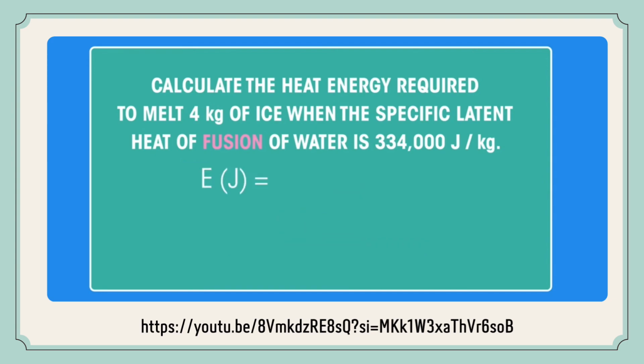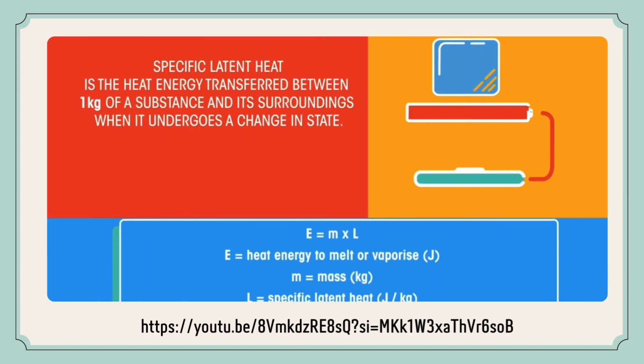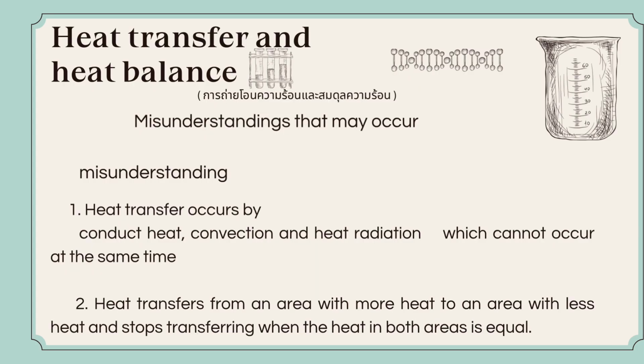Did you get it right? That's a lot of heat energy. We could turn it into kilojoules by dividing by 1000. So in summary, specific latent heat is the heat energy transferred between